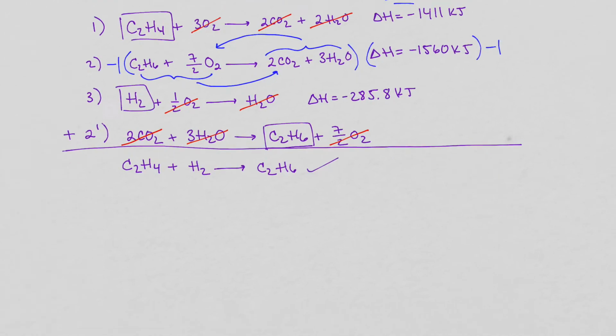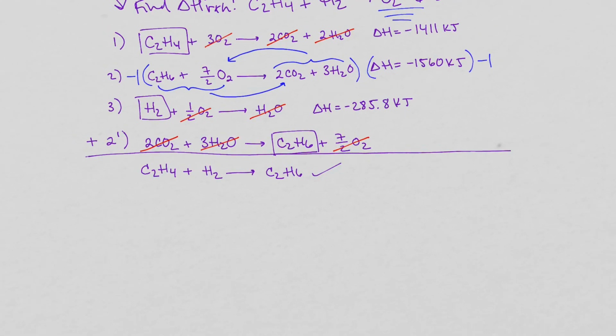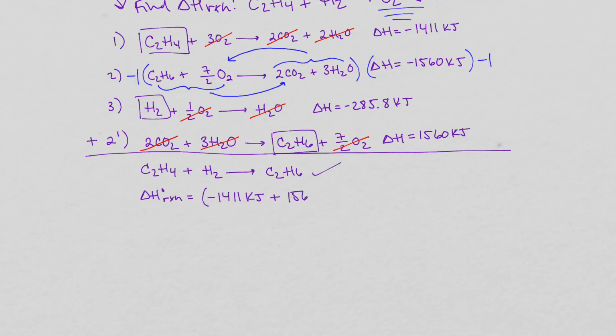So in this case, delta H reaction equals negative 1411 kilojoules plus, sorry, that was a little bit obnoxious. So new delta H, positive 1560 kilojoules for that flipped reaction. So plus 1560 kilojoules